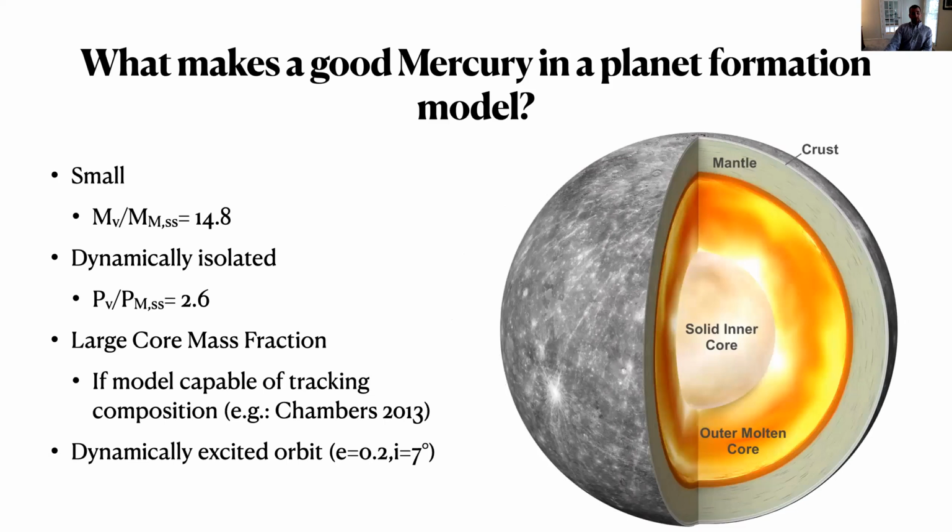Of course, Mercury's bulk composition and structure is quite different than that of Earth, and presumably Venus and Mars as well. Mercury's core makes up 70 to 80% of its total mass. So this is something that if we can track in our models, we would like to be able to match as well. And finally, Mercury possesses a moderately excited orbital eccentricity and inclination, which are also the largest of the 8 planets. It turns out this isn't very difficult to do and is an extremely common outcome of the giant planet instability. So this might be much more of a loose constraint for our models that are specifically investigating the formation